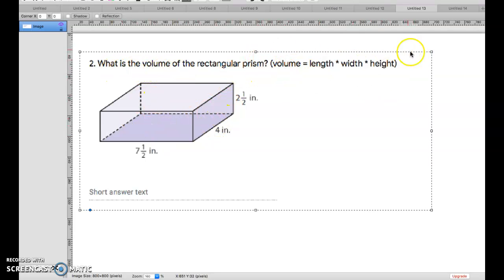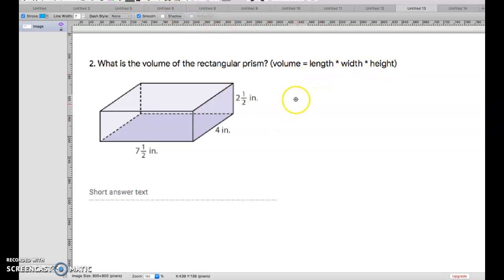Now, I gave you the formula for every volume problem. Volume for a rectangular prism equals the length times the width times the height. All right, so here we go. I'm going to do volume equals,